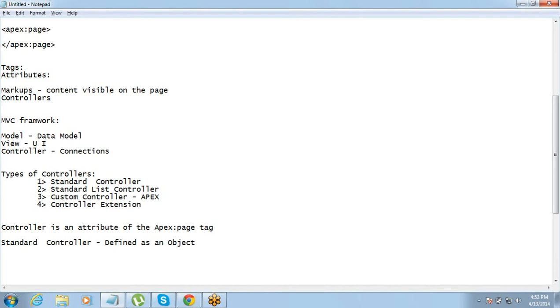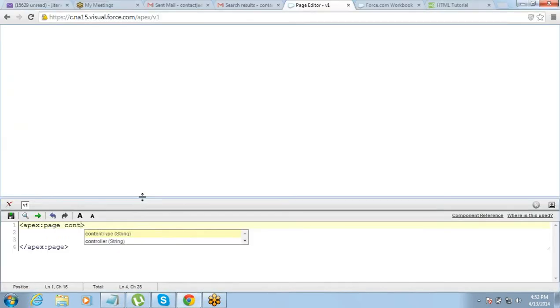So if you define standard controller as account, then this page can be used to display data from account. In the backend you have so many objects, right? So why do we use standard controller? We use standard controller to define the connection between the page and the database, right?